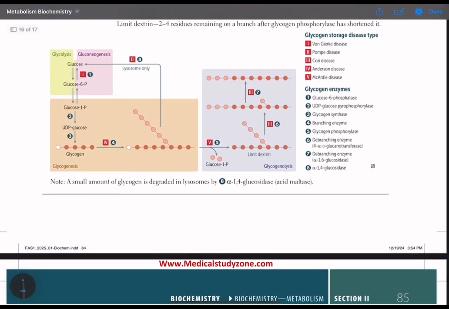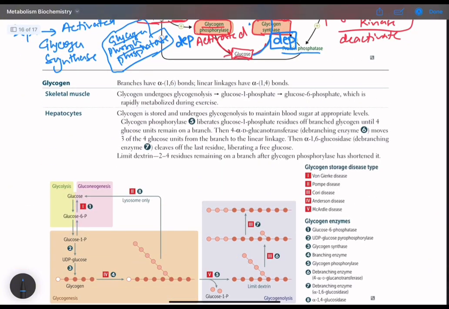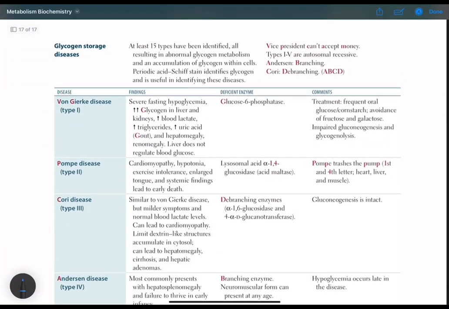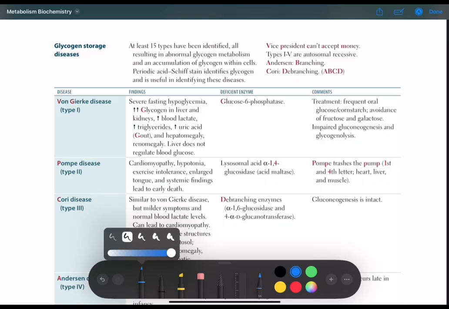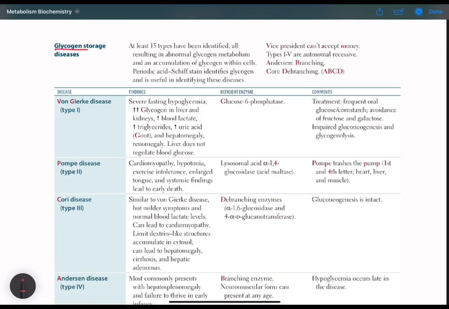Now let's switch toward glycogen storage diseases. At least 15 types have been identified, all resulting in abnormal glycogen metabolism and an accumulation of glycogen within cells. Periodic acid Schiff stain identifies glycogen and is useful in identifying these diseases. The PAS stain,